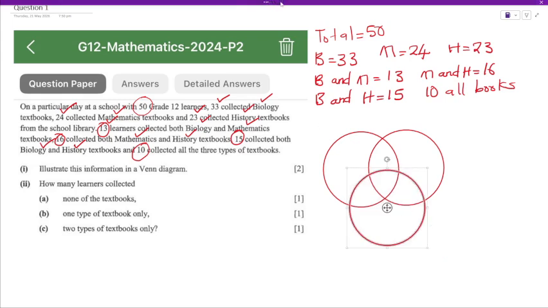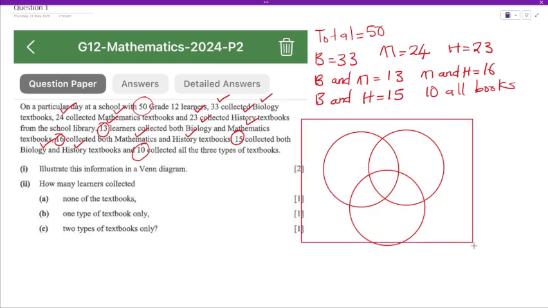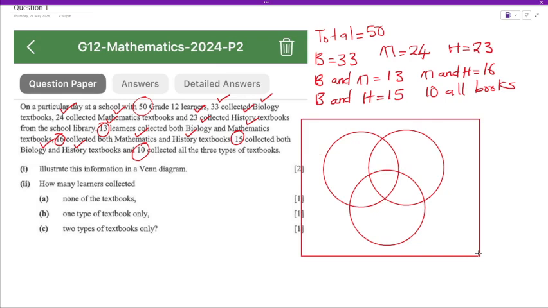Then we need a rectangle for the Venn diagram, right? So let me grab another shape. Okay, now grab our rectangle. Then we can put it here. Okay, so this will be our rectangle. Then we can start naming the sets. So we can now say this is our